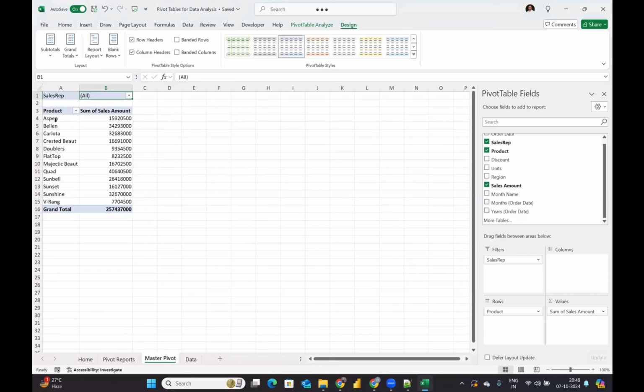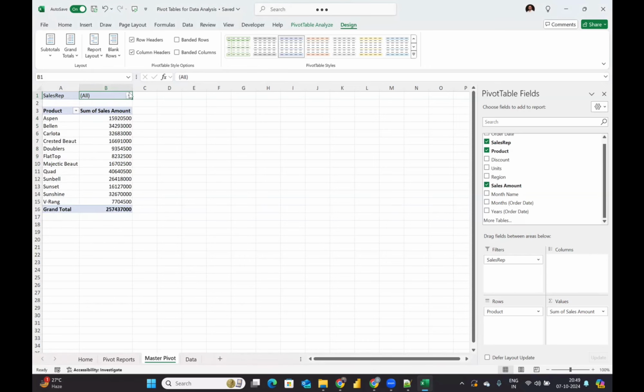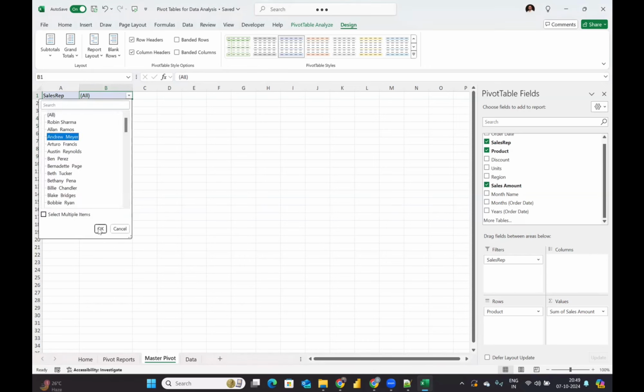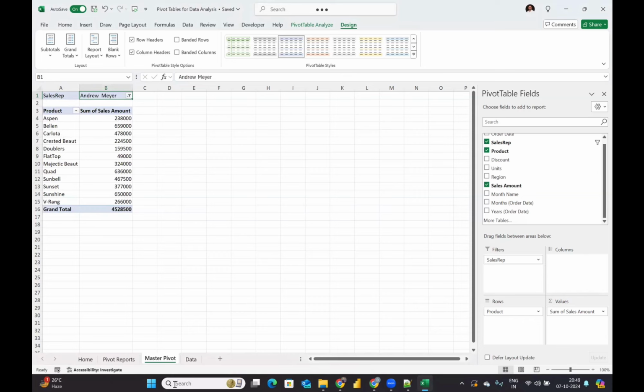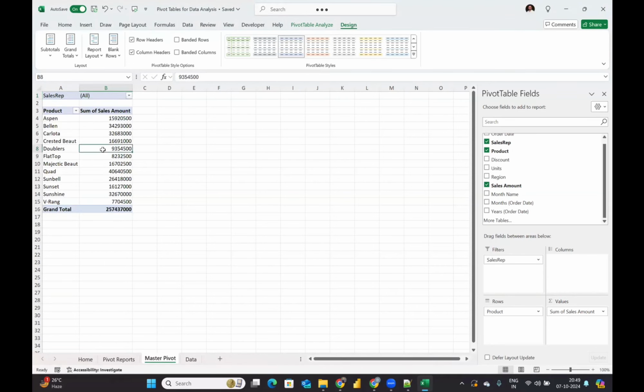So see this now. Here you see product wise sales, but it is showing for all the sales representatives, like Alan Ramos, Robin Sharma, and so on. If I select one person, it shows only that person's data. But we don't want to see one by one; we need each person on a separate sheet. Multiple sheets should be created. Right now there are only 4 sheets. Now we need to create the multiple sheets. So how this needs to be done is